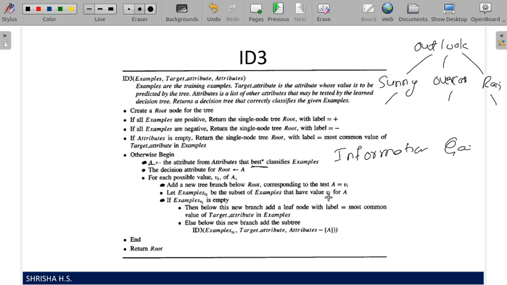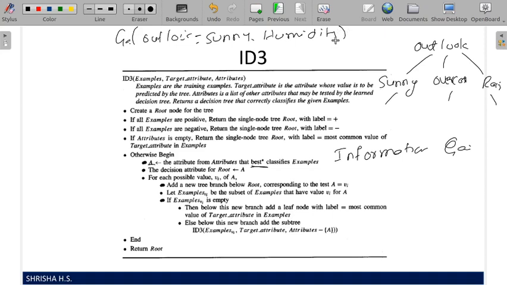After selecting the root, let examples vi be the set of examples that have value vi for that attribute. Remember that while considering the information gain for the next subtree after sunny, with outlook equal to sunny, we calculated humidity, temperature, everything, and humidity eventually had the highest information gain.